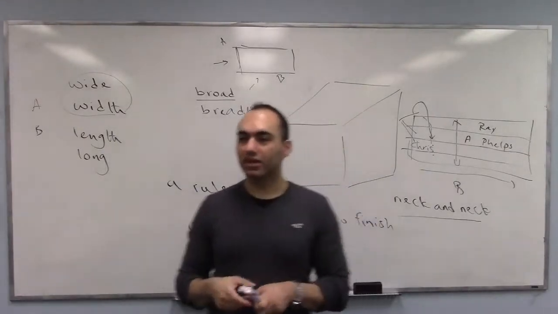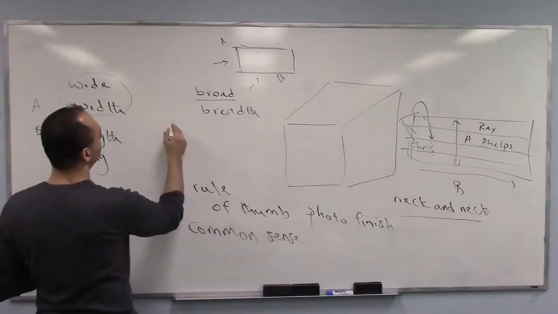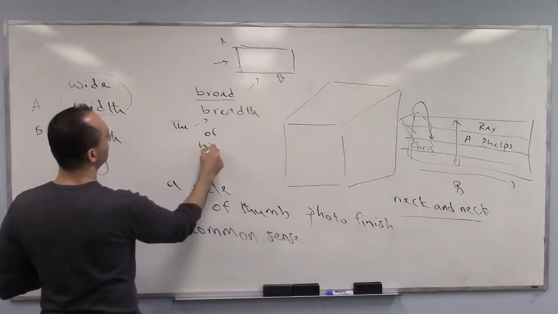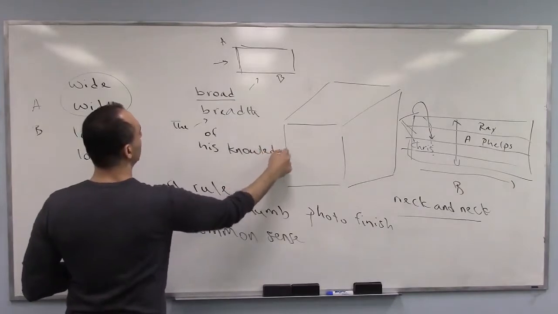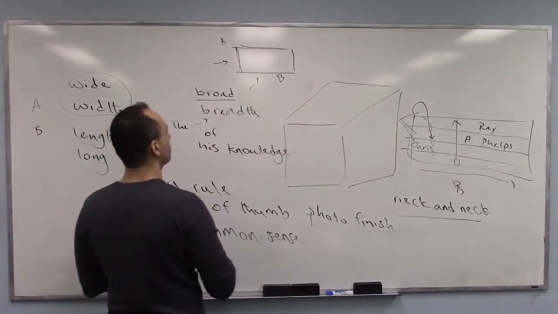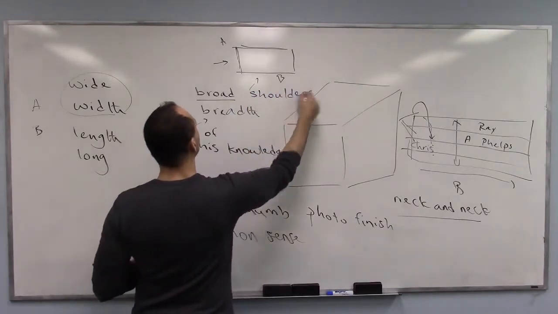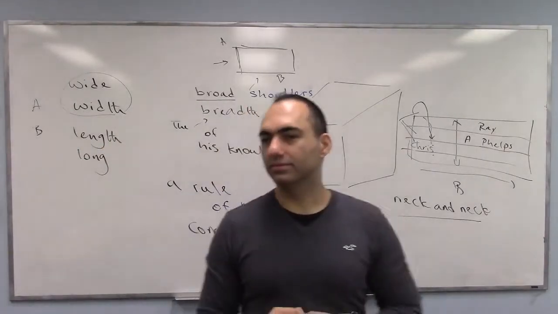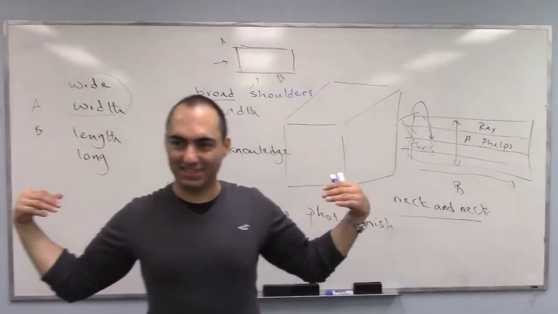The breadth of his knowledge. Well, we don't say the width of his knowledge. The breadth of his knowledge. We say he has broad what? Broad shoulders, for example. Broad shoulders. You know broad shoulders? Chris has broad shoulders. Like his broad shoulder,